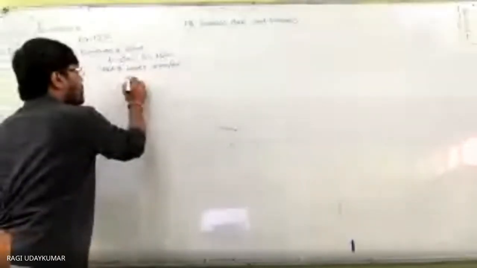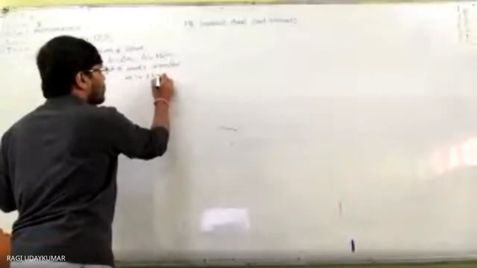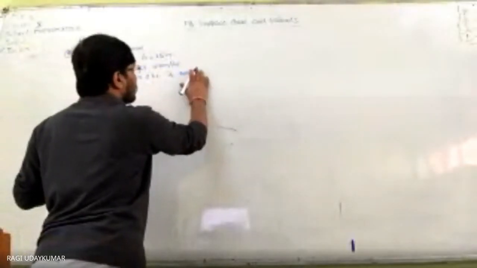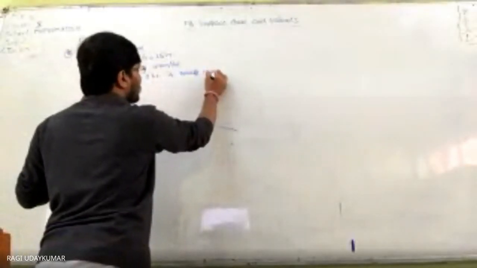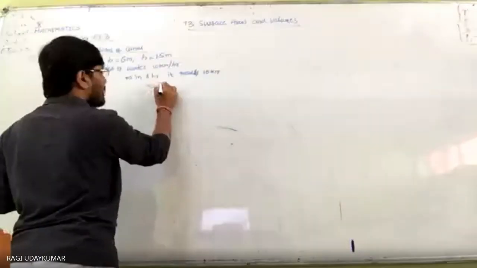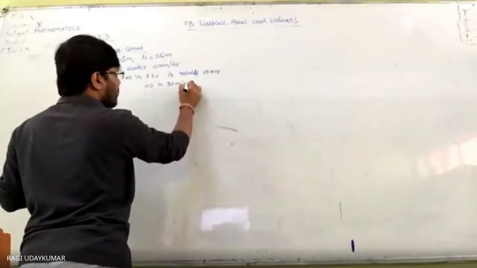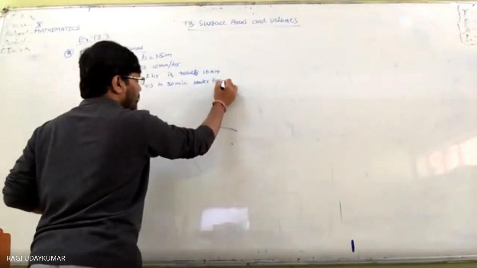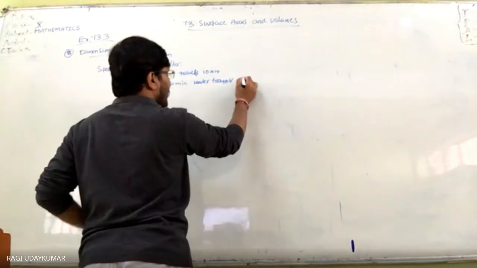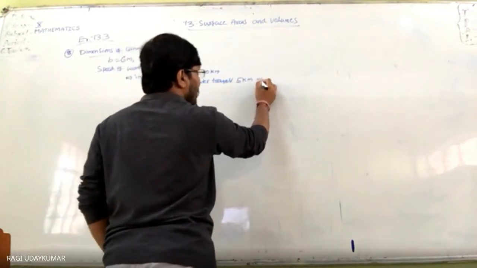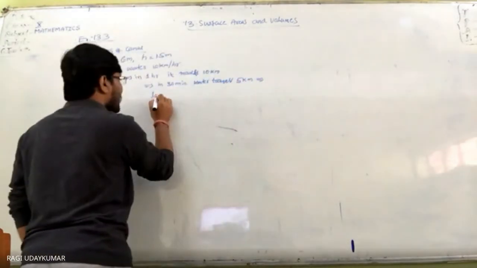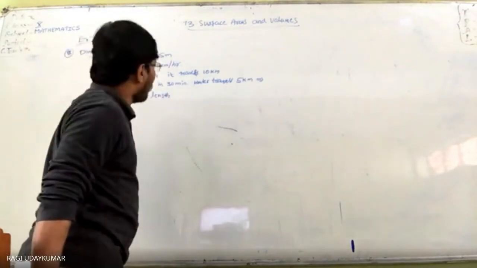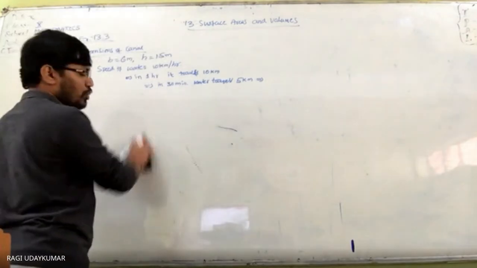This implies in 1 hour, it travels 10 kilometers. This implies in 30 minutes, water travels 5 kilometers. This implies length can be considered, if canal is in the form of the cuboid.